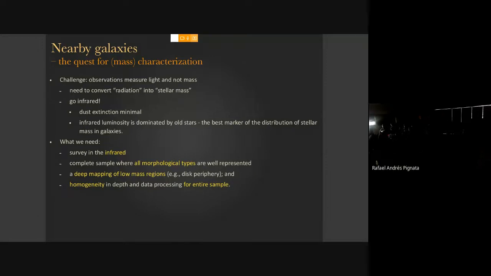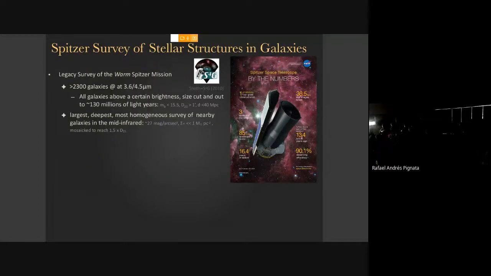So the argument is here, we need a big survey with a lot of morphological types that has very deep mapping so that you can really get to the outskirts of galaxies in the infrared. And this actually has been around for a while. I was part of this survey, the S4G survey. It's all available through IRSA, has been since 2013. So I do point you to that, go and take advantage of that, because it really is the deepest survey, all sky, so it includes galaxies in the south and north, at these bands, 3.6, 4.5.